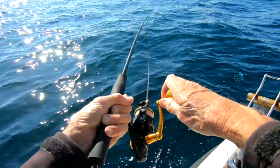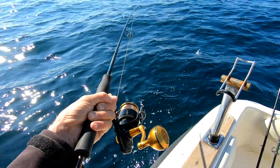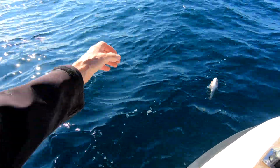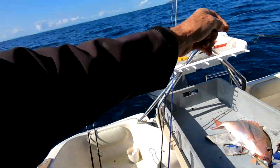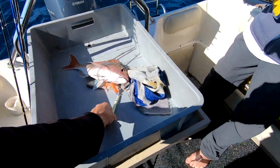It's getting round and round and round, so he must be double hooked, I think. Current is quite strong today. It's a 3.5 metre tide, which is quite high. He's foul hooked on the stomach again too. Oh, mouth and stomach, yeah. Two hooks do that. Similar size to the last one. Yeah. It's a Lumo